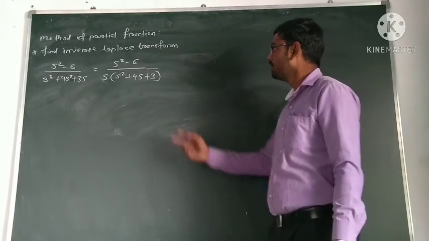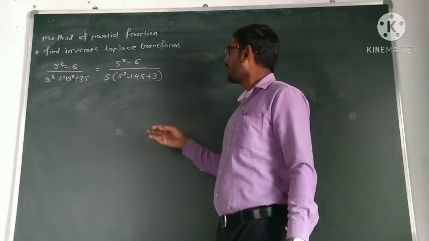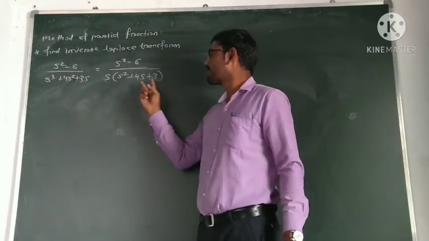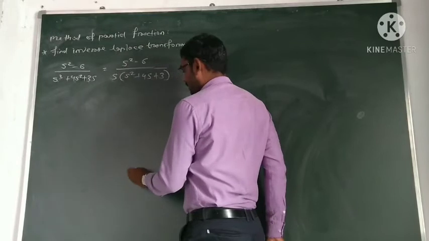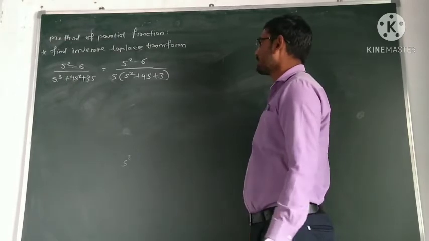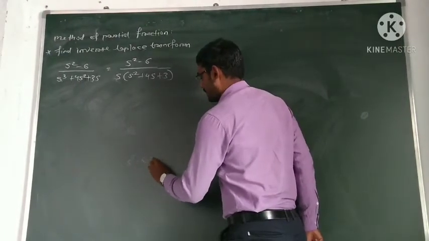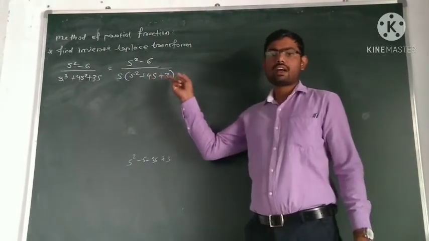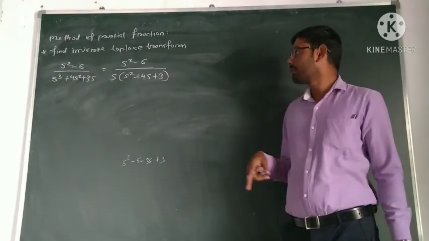Now this is a second degree polynomial, s square plus 4s plus 3, and you can check it has two roots. This can be written as the product of two factors. I will write it here for calculation. This is s square, and now this is 4s, so we can write this as s square plus s plus 3s plus 3. You know the method of finding roots also: minus b plus minus square root of b square minus 4ac, upon 2a, you will get two roots.